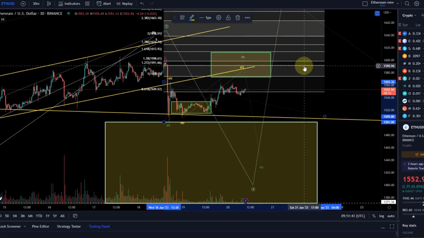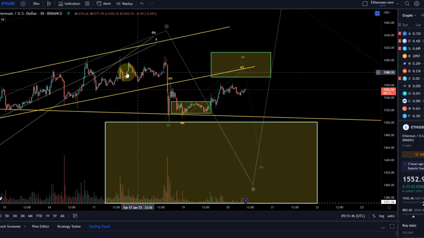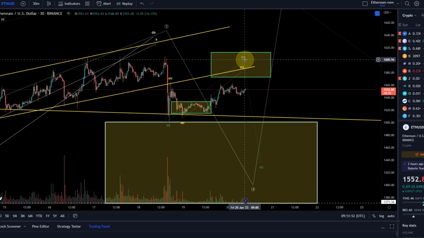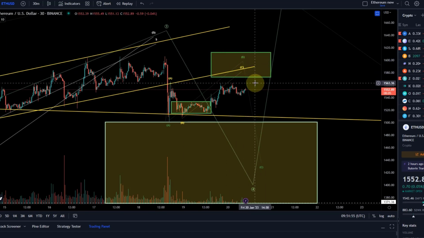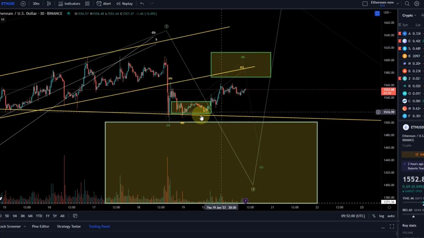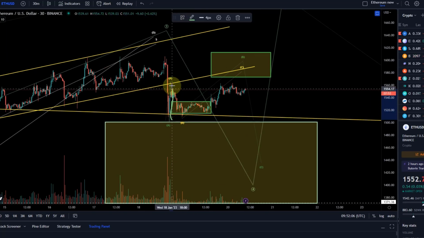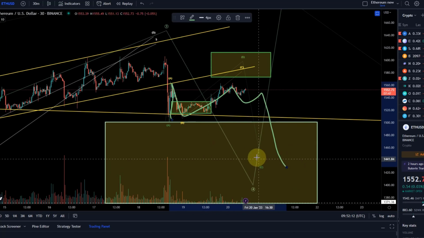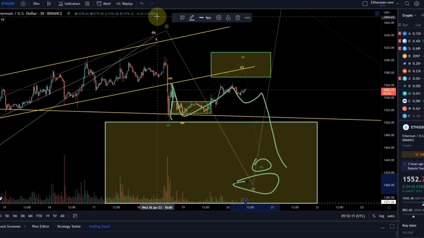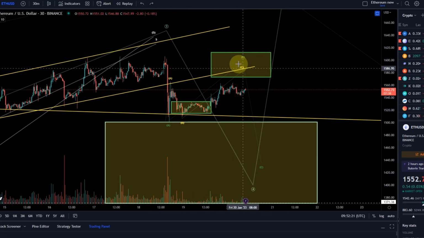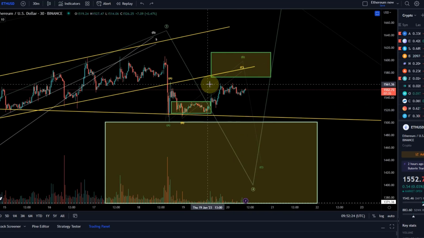What I cannot rule out is that what we are doing here currently is a larger triangle, for example, that this wave B does unfold as an Elliott wave triangle, which would be likely if we now come down here, don't even reach the green area, come down and maybe then hold above the 1510 level. Then you could say that we have here something like an Elliott wave triangle, also here A, B, C, D, and E, and we would then come down once more in this green C wave of 4. So it's a little bit unclear what kind of internals the green B wave has. It could be a triangle, could be an ABC.